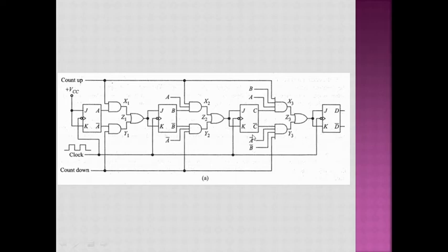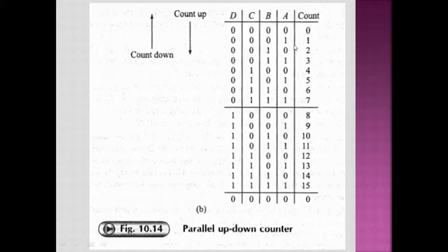It means that if the output of Z1, Z2 and Z3, any one, is going to be high, then the next flip-flop is going to be enabled. Or if the output of Z1, Z2, Z3, any one of these is going to be low, then the next flip-flop's J and K input is going to be in a no change condition. That means 0, 0. And hence, even if it gets the negative transition of the clock pulse, it will not change the state.